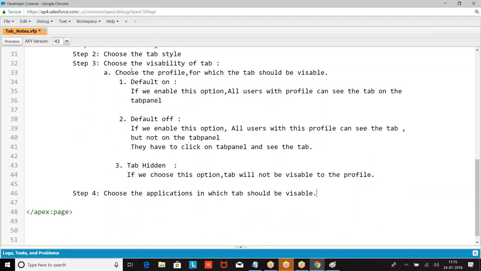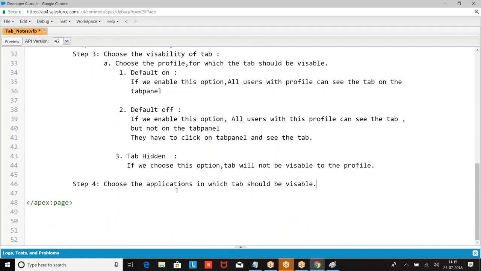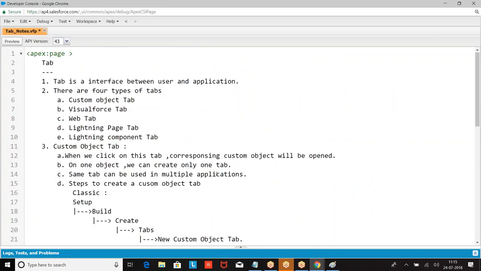Right. Choose the object, choose the tab style, choose the visibility of the tab, then choose the application in which the tab should be visible. Right, boss? I hope you are good with this. This is what? Custom object tab.